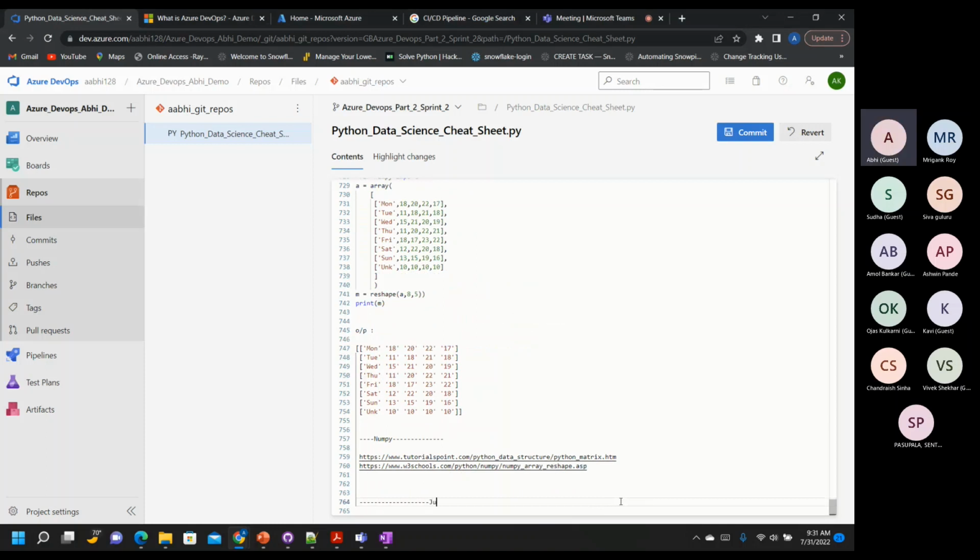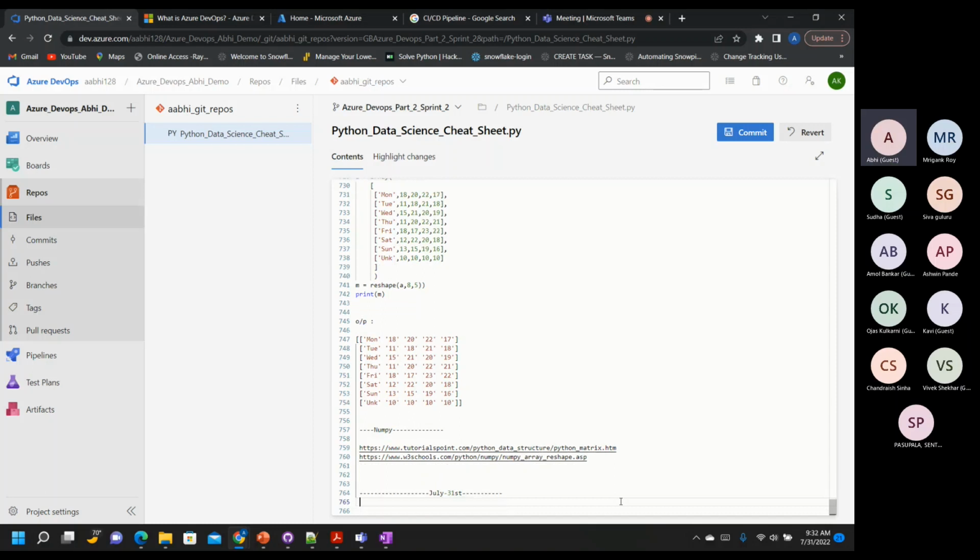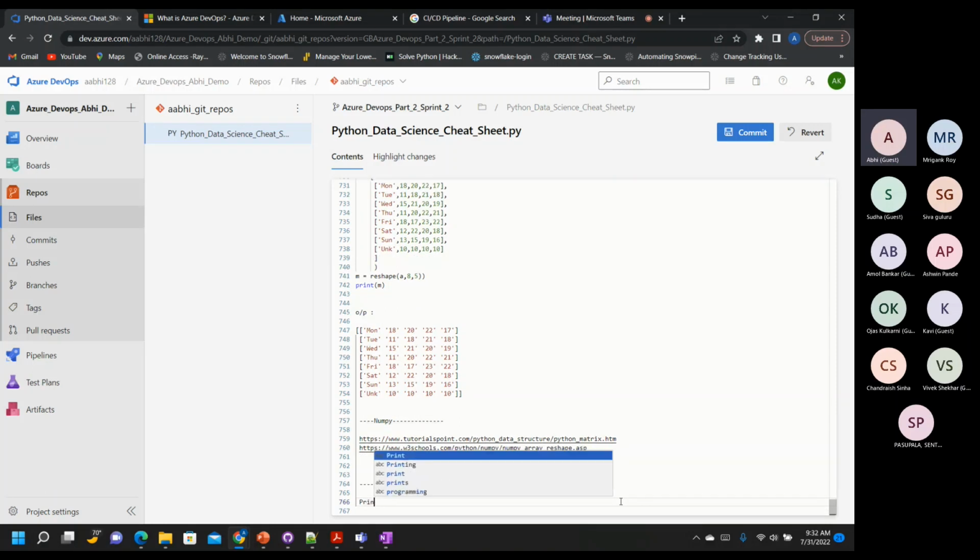let's say July 31st, and I would say, let's say print "welcome to Azure DevOps session," something like that. Okay, what I'm trying to do, I have opened this particular Python script file, which is nothing